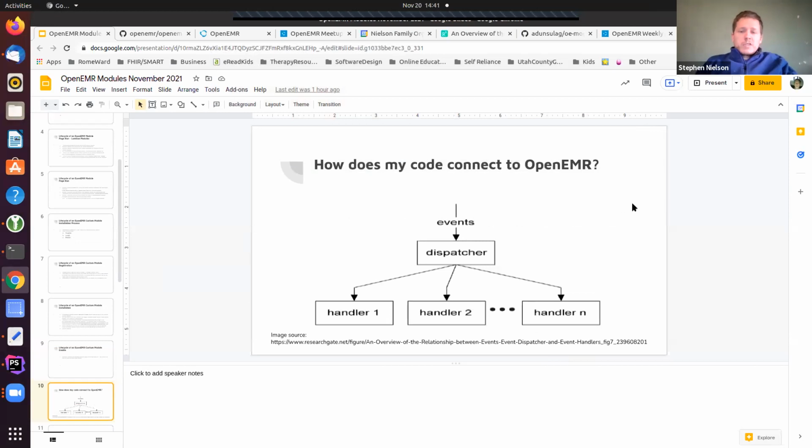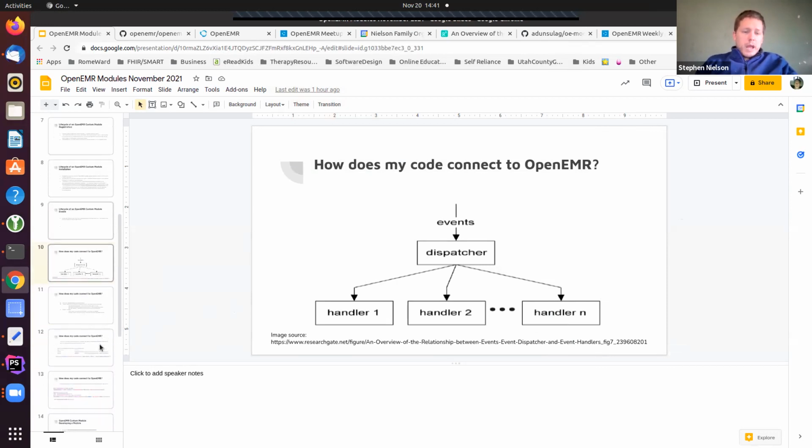So let me just quickly say, and this might be review for some of the people who attended last week, how is your code actually going to connect via modules? And that's going to be through the event dispatcher, right?